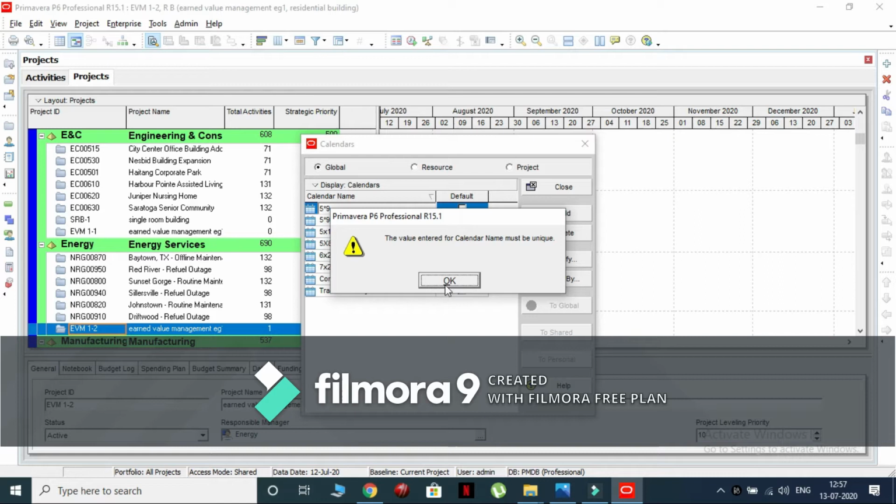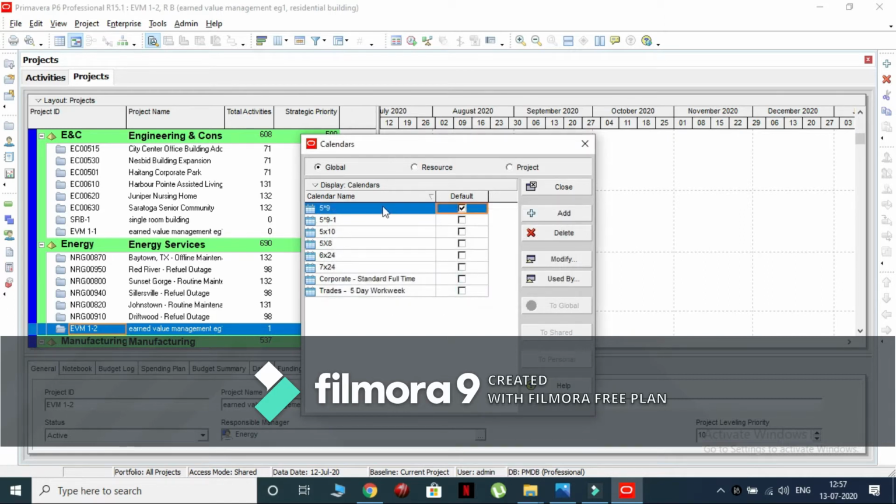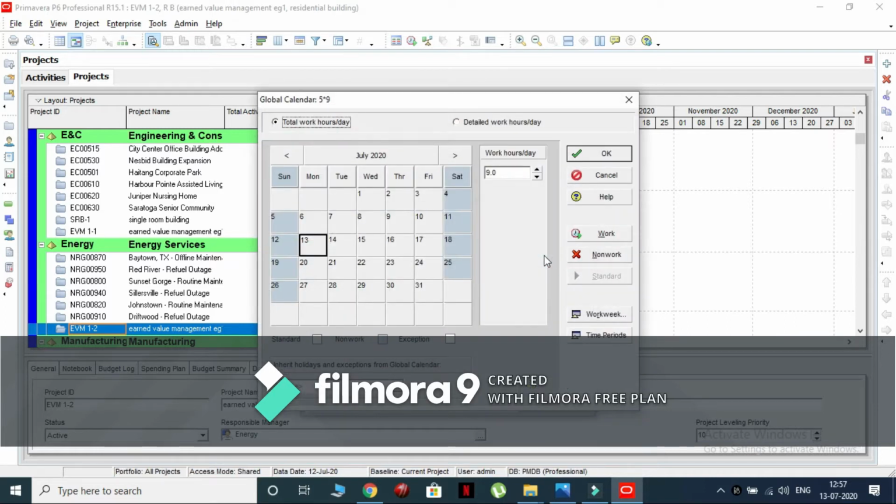Set 5/9 as a default calendar name. Select the modify option and make sure that total work hours per day option is selected.